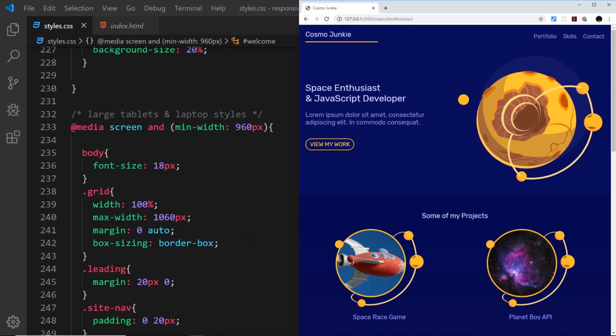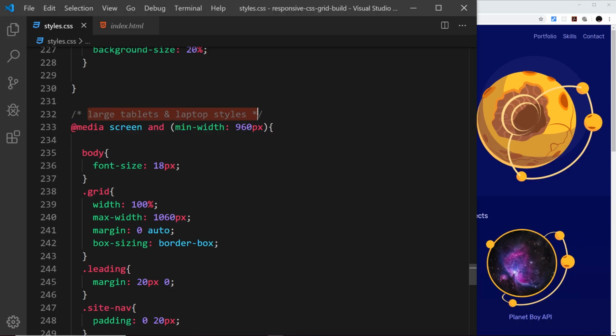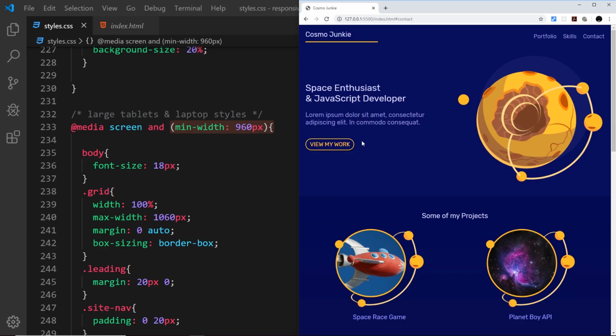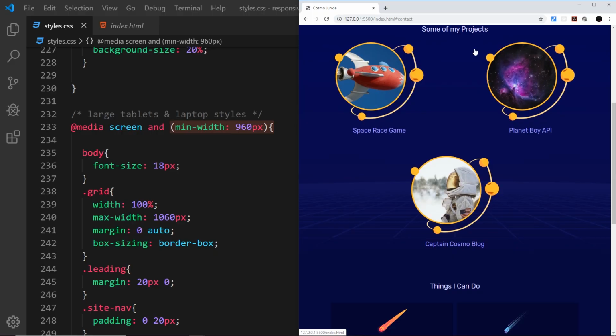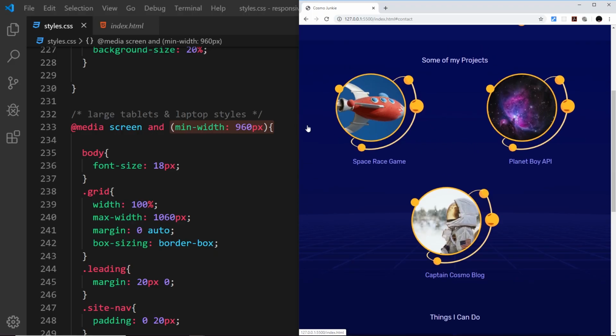Okay then, so in the last video we started to do some styles for large tablets and small laptops at this media query, 960 pixels, and we addressed the top half of the site. The nav up here, we showed these links, and we made this look better as well. Now I want to move down first of all to the projects,